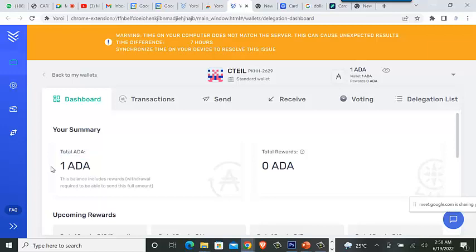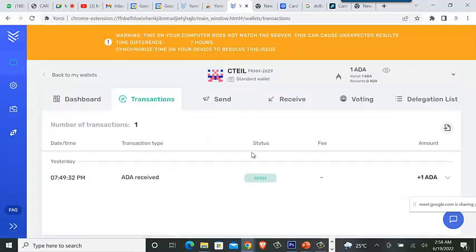Can you see it? So the money has landed. The Cardano I sent is showing here. So when I look at transactions now, they will say either received 1, so plus 1. So this was what? Can you see my screen? Yeah. All right, so that is what has come. Okay, so now let's